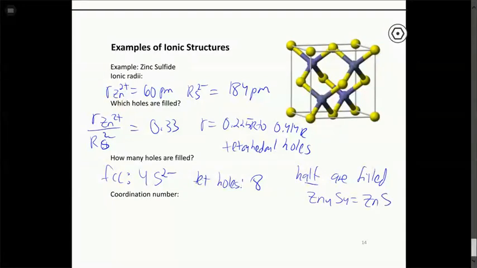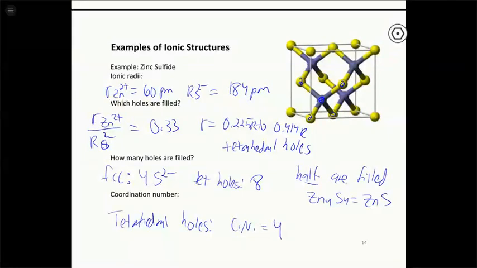If we filled all the tetrahedral holes, we would have too many zinc ions in there. It would be 2 zincs for every sulfur, which wouldn't balance the charge. So because we need the charge to balance, we can only fill half of these holes to balance the charge from the 4 sulfurs that occupy the face-centered cubic positions on this structure. Then finally, for coordination number, as the name implies, the tetrahedral holes have a coordination number of 4. So each zinc here has 4 sulfurs that surround it. And if you look closely, you'll notice that only half of the holes are occupied in this structure to give us the correct stoichiometry. So that takes us to the end of ionic compounds.